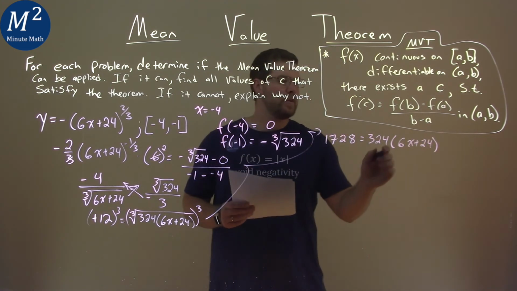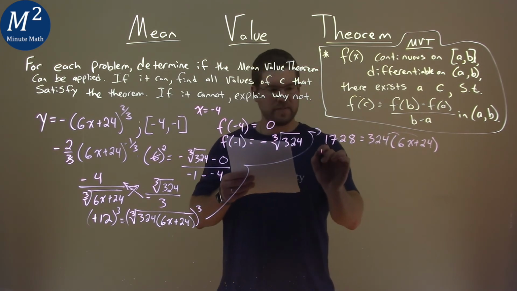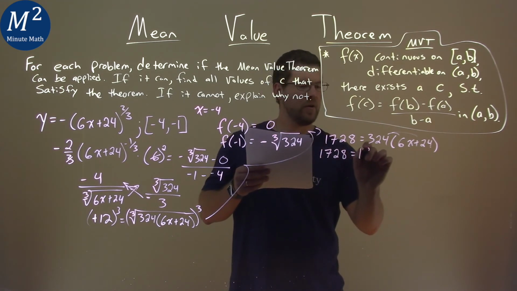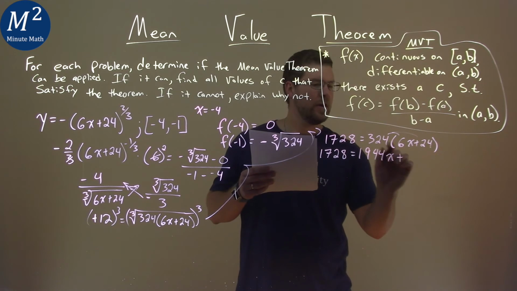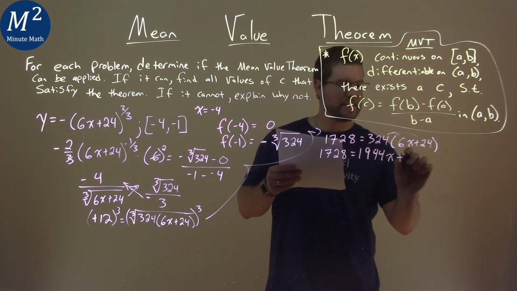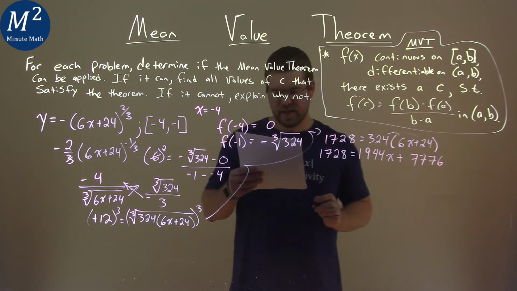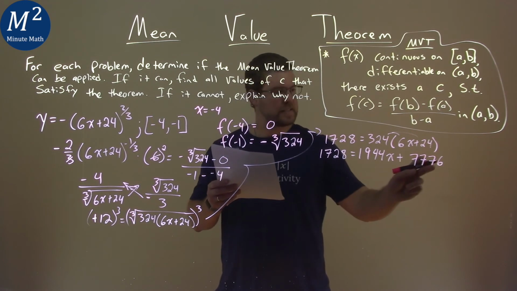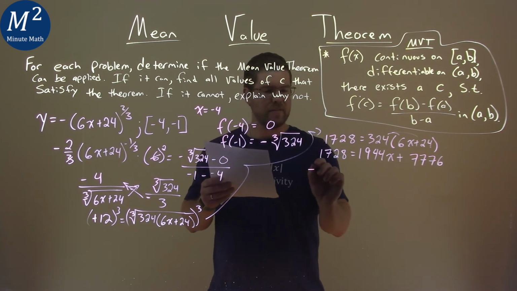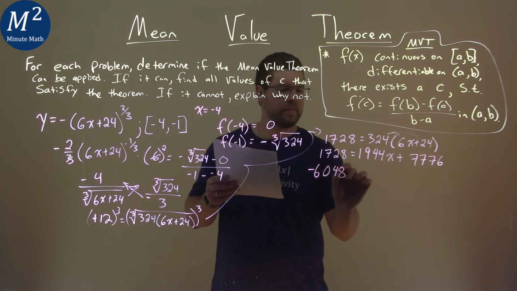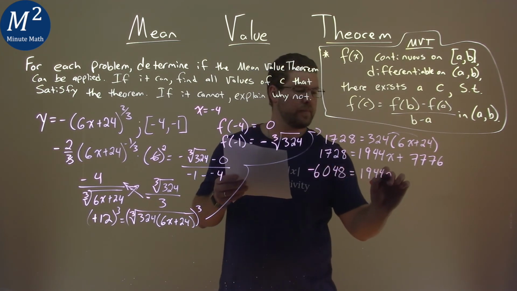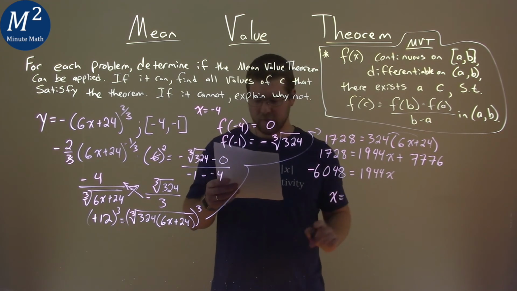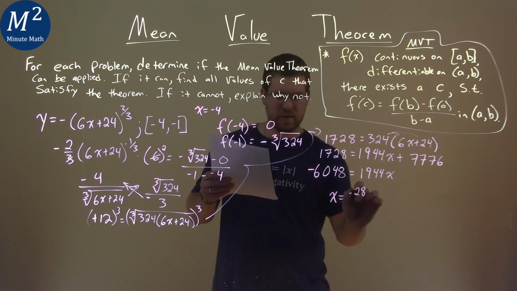All right. I'm going to distribute the 324 to both parts here. So I have 1728 is equal to 324 times 6x, large numbers, 1944x, plus 324 times 24 is 7,776. A lot of sevens there. All right, but even though it's large numbers, same process applies. Solve for x. Subtract the 7,776 from both sides. I have a negative 6,048. That's equal to 1944x. Divide both sides by 1944, and x is by itself in a simplified fraction form of negative 28 over